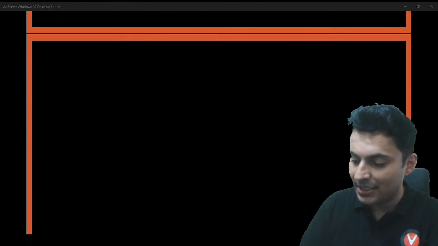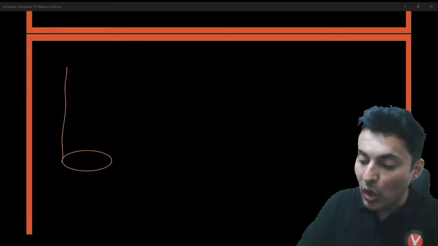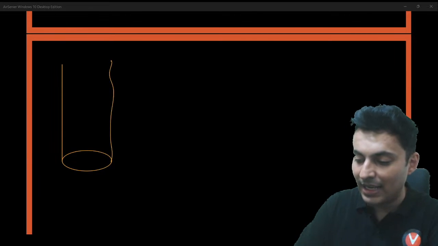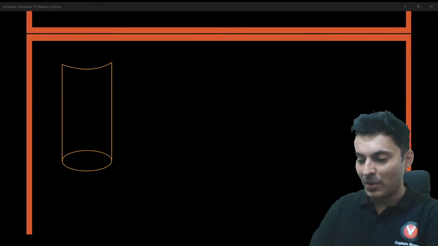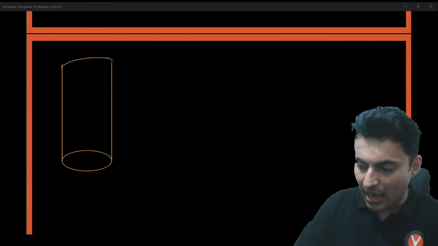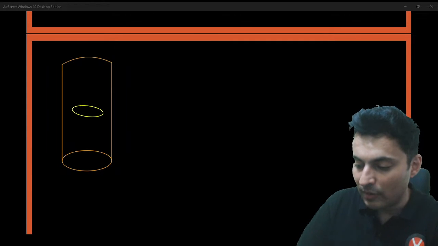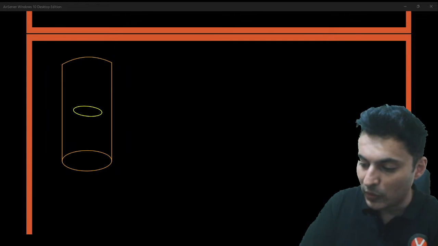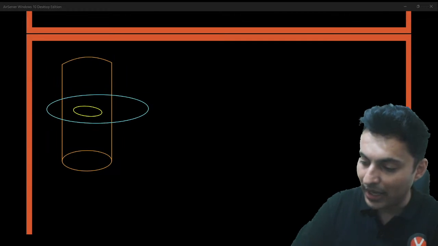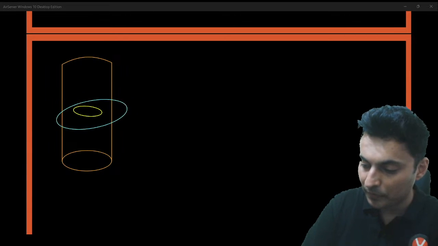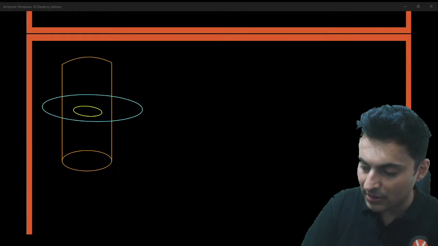Next graph which comes is when you have a thick long wire and you have to draw the magnetic field inside as well as outside. So imagine this to be a thick wire. And you have to find the magnetic field inside as well as outside. There will be magnetic field inside. There will be also magnetic field outside that particular wire. Let me just draw that for all of you. 1 second. Little bit crazy, but yes.